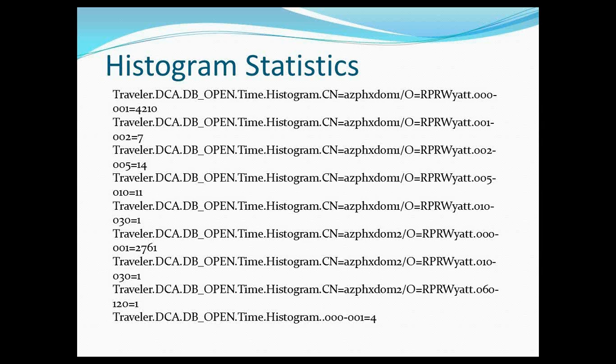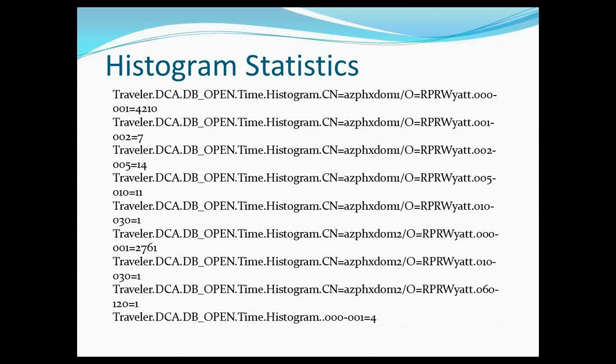And then you'll see at the very end of the line of each one of those bits of statistics is a range of numbers. The one at the very top of the list says 000-001 equals 4,210. What that's saying is that since the Traveler server has been running, it has needed to open up a mail file on DOM1, and the number of times that it took less than a second, that is between the 0 second and the 1 second,